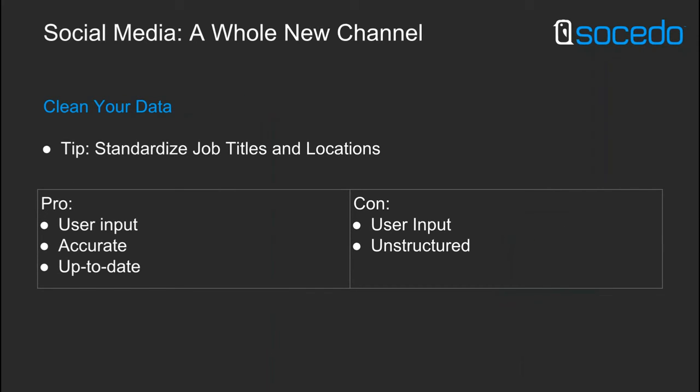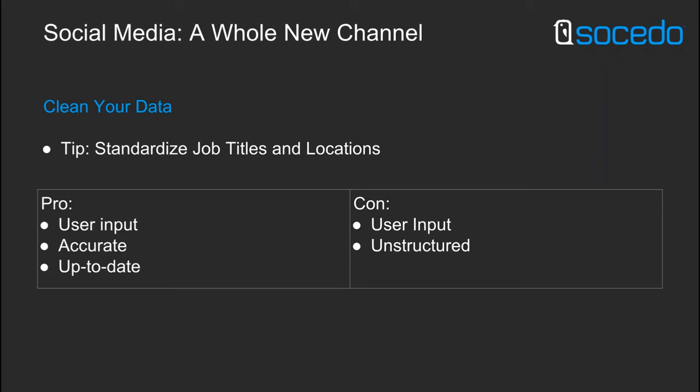So there's pros and cons to using social. The pro is that it's all user data. It's all of their own. They're the ones inputting it. That's also the con. So the nice thing about a purely user-owned channel is that it's accurate and up-to-date. If I change jobs, the first thing I'm going to do is go onto Twitter and Facebook, and of course LinkedIn, and change my job title and the company that I'm working for, because I want that up-to-date. That's my public profile.